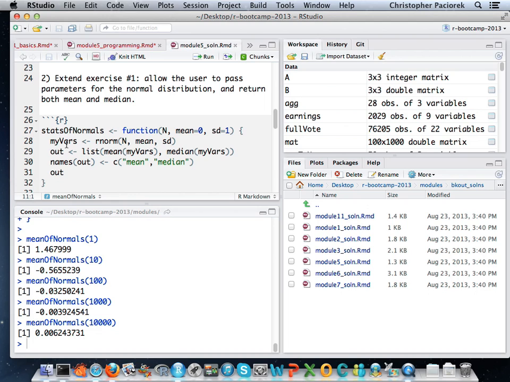And I do the same thing. I generate this list of n random normals. Because what I want to return is both the mean and the median here, and in general you just return one thing, but because this is R, that one thing is an object, and that object can be whatever we want it to be. So in order to return the mean and the median, I'm going to create a list object that has the mean of these variables and the median of these variables. And then just so it's useful for the end user, I'm going to give names to those elements in the list, mean and median, and then I'm going to return this object called out on the last line.